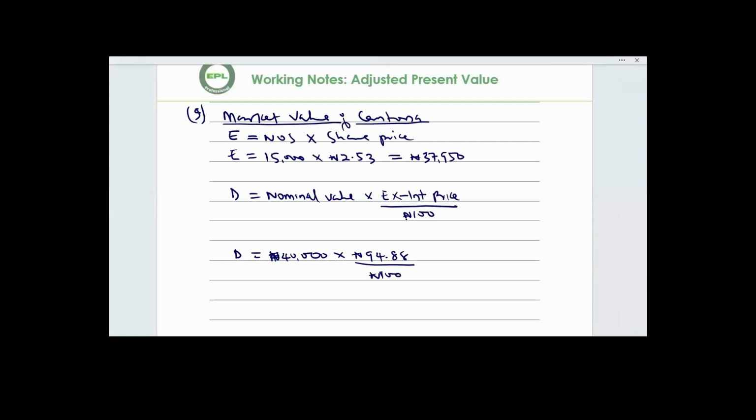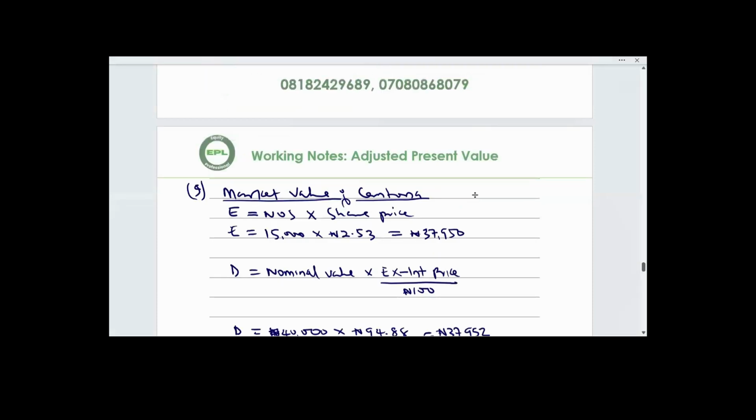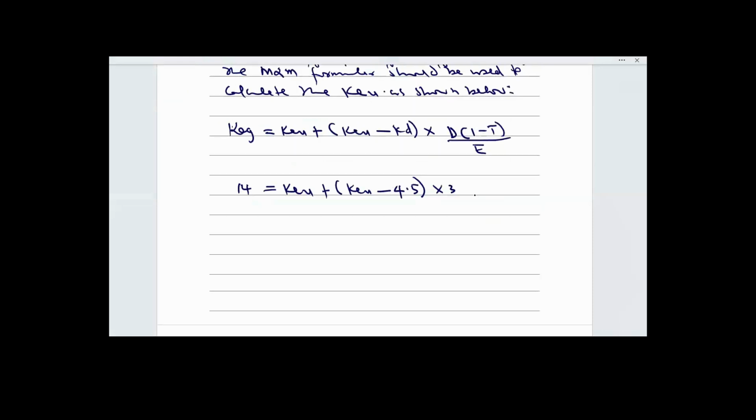So what do you have there? 40,000 multiplied by 0.9488. That's 37,952. So this represents the value of debt. So let's go and put it in the formula. So debt is 37,952 into the tax rate of the proxy company, which is 28%. So we are supposed to account for 72%. Divided by the value of equity is